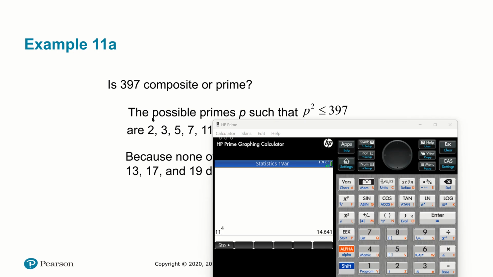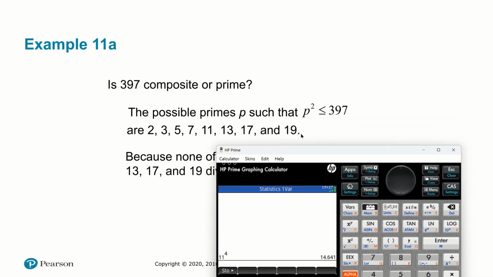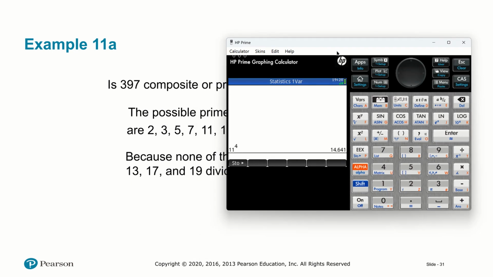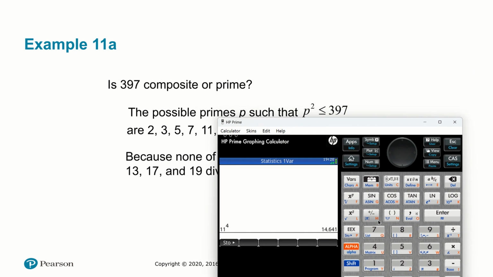See, textbooks drive you crazy because suddenly they throw a fact at you like this and you're going, whoa, wow, how? How did you know that they should stop at 19? Well, there's a nice trick I'll show you very quick. So basically, take the square root of the number you're trying to determine the nature of, and there you are. So the square root of 397 is 19 point and some change, right? So that's why you know that you want